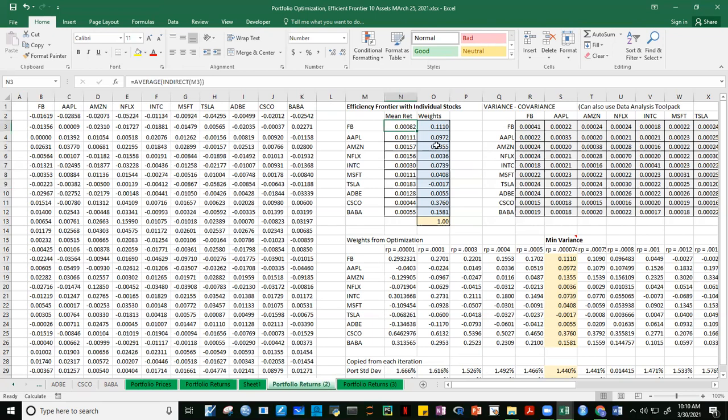Okay. So let's first compute the mean returns. Di ba? Simple lang yan. Is equal to average lang yan. Average lang ng gusto natin, average ni Facebook. Pero remember, hindi mababasa ni Excel si Facebook. Kailangan gagamitin natin si INDIRECT. Indirect ni Facebook. Para titingnan niya yung character ni FB, tapos sinasabi natin sa kanya na hanapin mo kung ano yung value ng Facebook na yan based on yung name na Facebook. Okay? So, control enter natin and then just drag down.